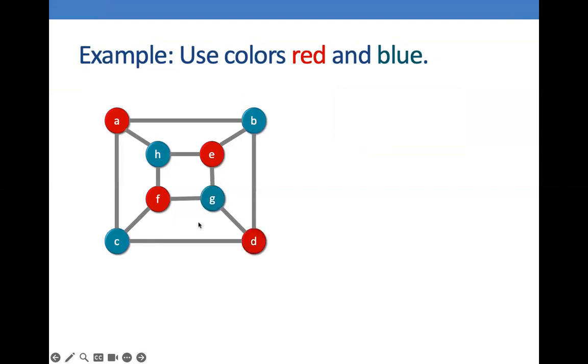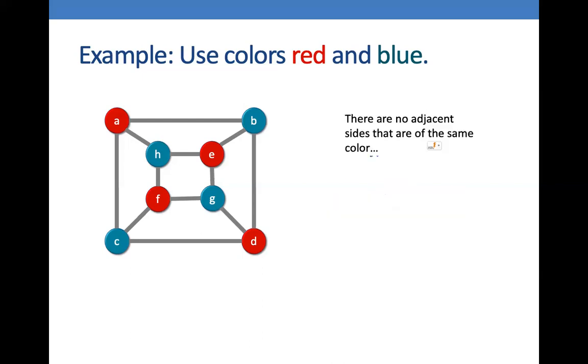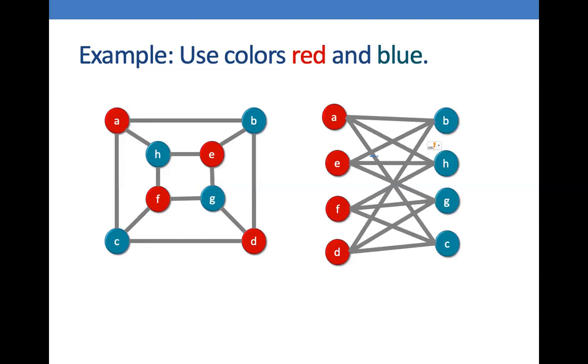So we are coloring D as red. And if we check the adjacent vertices to D, which are B, G, and C, they are also not red. So there are no adjacent vertices that are of the same color. So we can then say that this graph is bipartite. And we can also verify it by restructuring our graph into this,